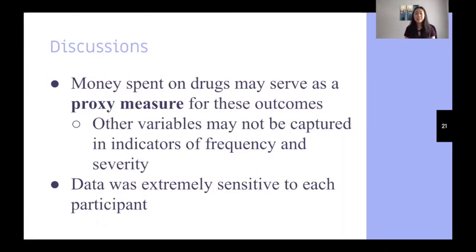Data was extremely sensitive to each participant. I wanted to include this mainly because in my analysis at a certain point, I was missing severity data for 3 participants. And when they were included, my data of correlations changed drastically. So I thought that was interesting because that really does show how maybe one bit of untrue information, or one subject who doesn't necessarily report accurately, could heavily impact my final results.